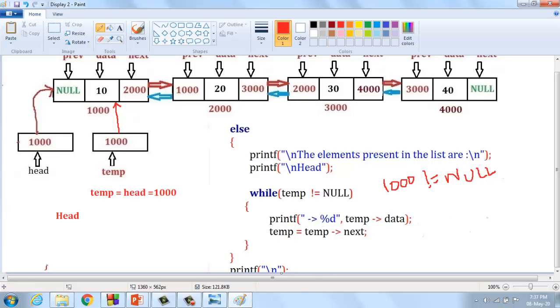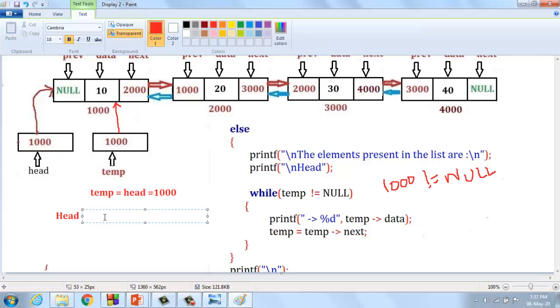Printf arrow %d. Here they are going to print the arrow. Temp of data. What is temp of data? Temp is 1000. 1000 of data is nothing but 10.